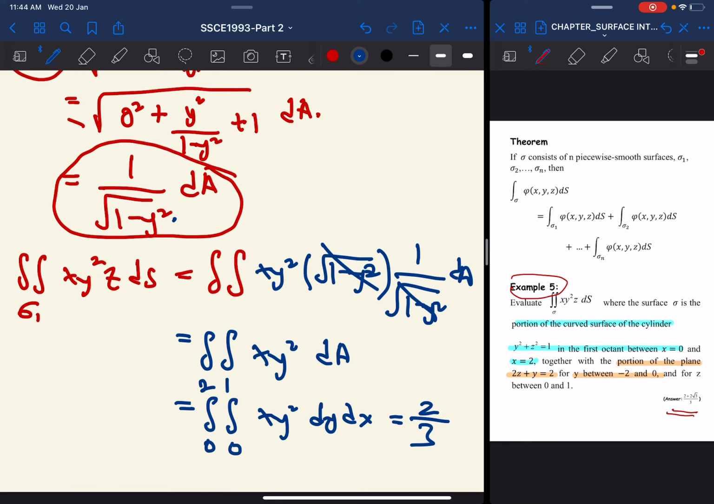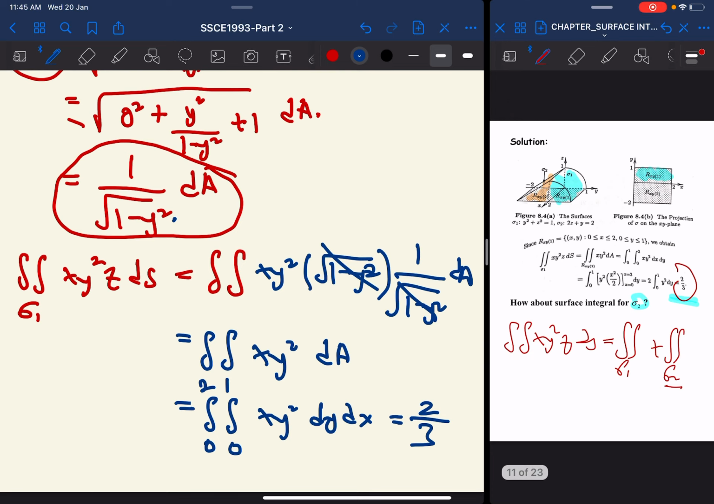The idea is similar to what I explained in the previous video. You just have to grasp the idea of how to get dS for the second surface and also the correct limits based on the conditions given in the question. So that is when we are talking about piecewise smooth surfaces. Okay, so now let's move to the